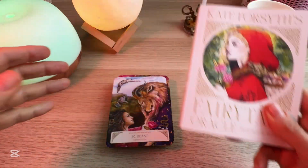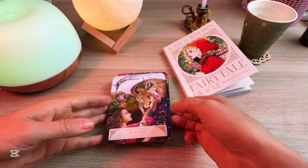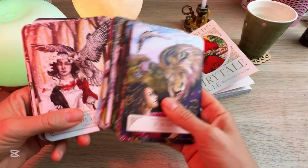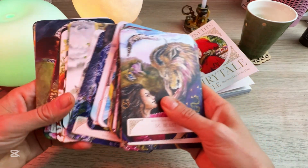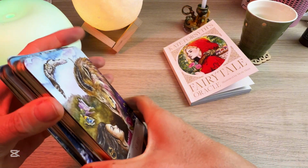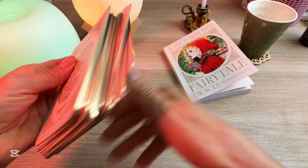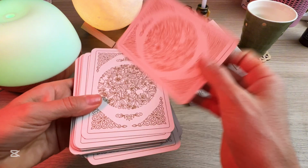I have used this deck a couple of times. It's a fairly new deck, but I've used it a couple of times, and you can use it in a couple of different ways, which is cool. So yeah, you can work with the tales and pull, for example, all the cards from the Little Mermaid, and then pull some tarot cards in addition to the oracle cards. You can work with the booklet, you can go deeper. You can use this deck as a regular divination deck, so you can just shuffle it and pull one card,